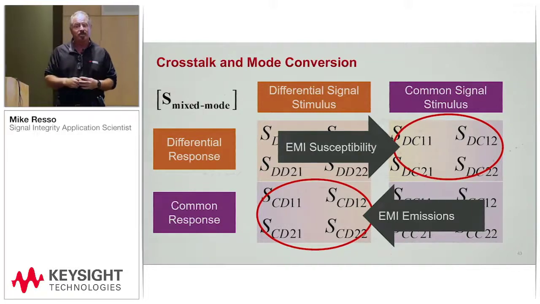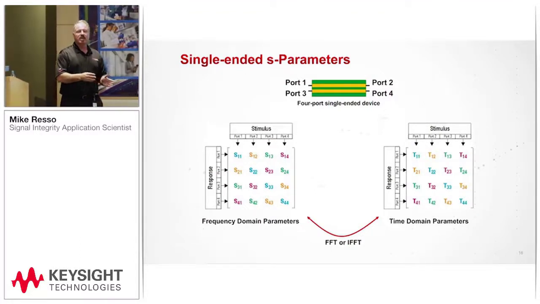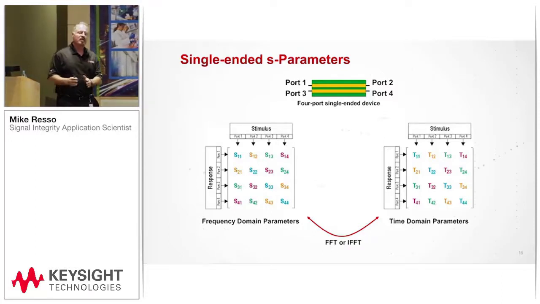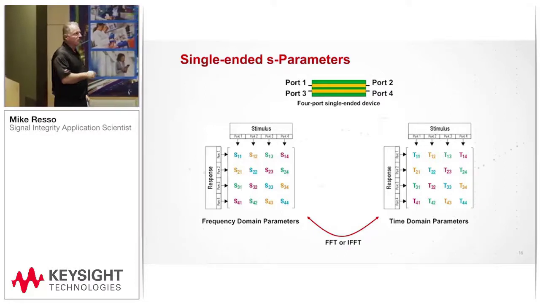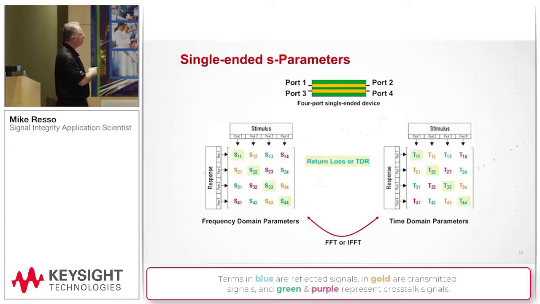The fundamental S parameters that we use, we can look at the single-ended S parameters, and then we can transpose those into differential S parameters, and I'll talk a little bit about that on the next slide. The point I want to make on this slide is this. If you have two single-ended lines, let's say they're far enough apart that there's no coupling there, then on the left-hand side, you have the frequency domain matrix of these 4 ports, and on the right-hand side, we have the